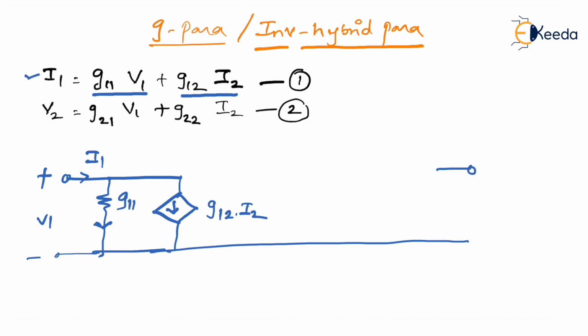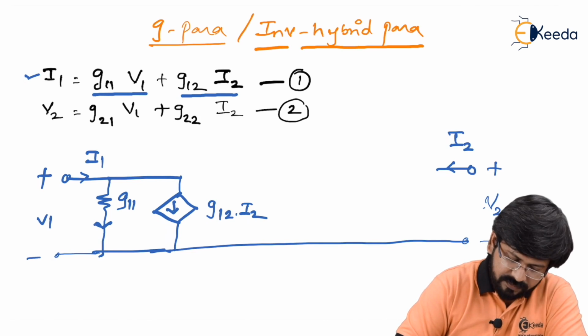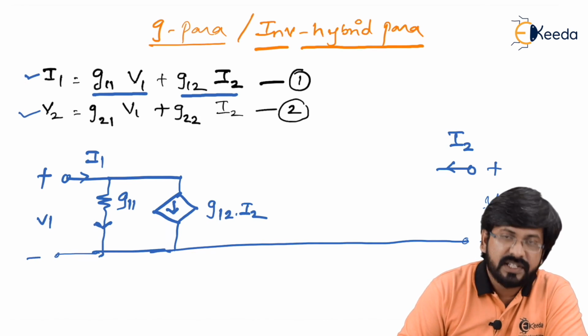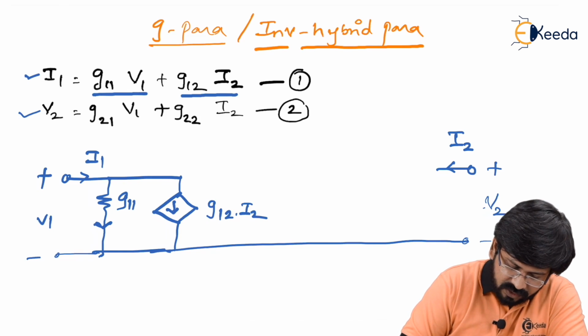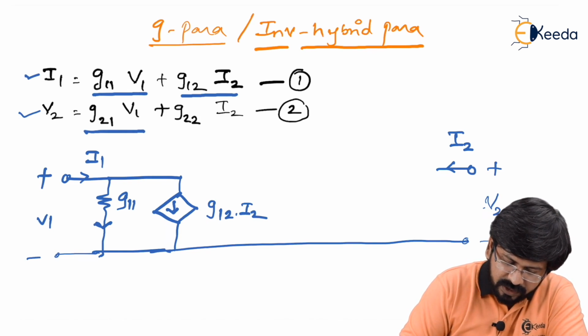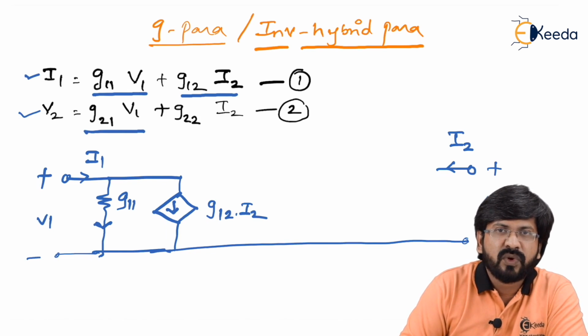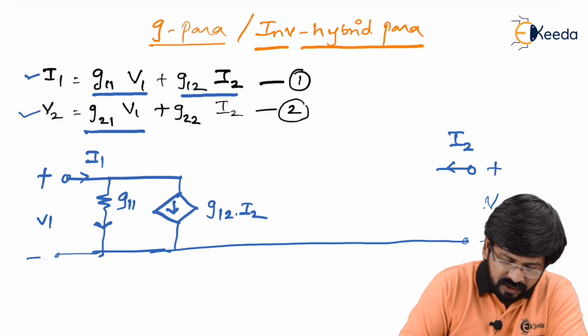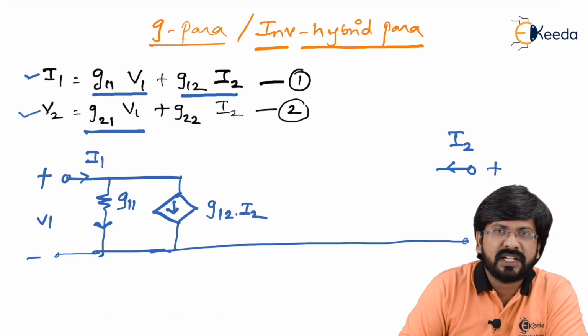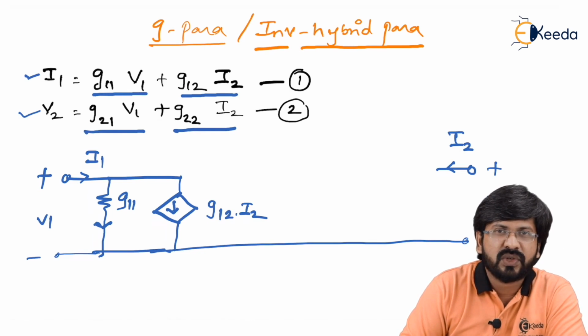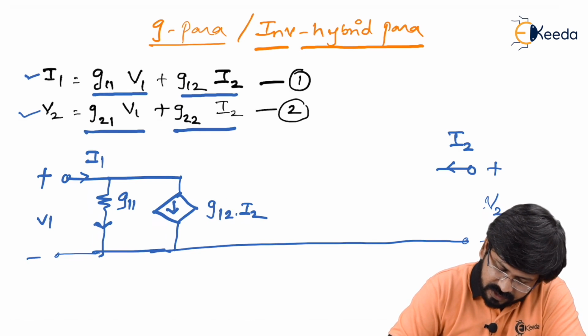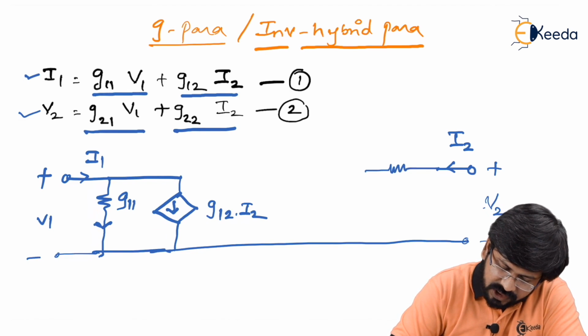Second part of the circuit can be drawn like this, plus minus V2, and this is I2. Now check it out, the second equation. The second equation is a voltage equation, meaning that it's a series circuit. So check it out. First element G12 times V1. Since we have now moved to port 2 and V1 is related to port 1, it means it will come as a dependent source. Whereas G22 into I2, I can of course show as an impedance part here. So I can actually show your G22 here.